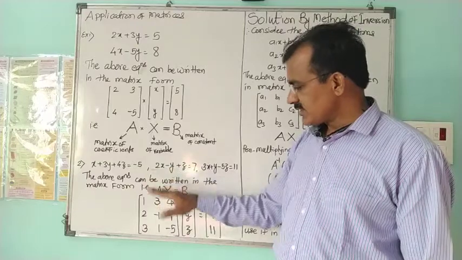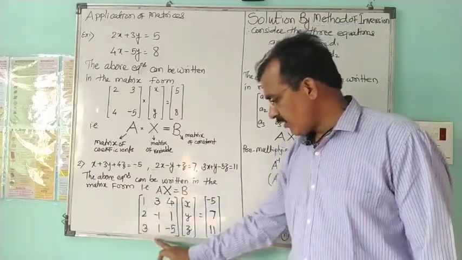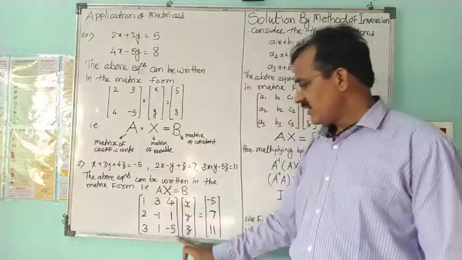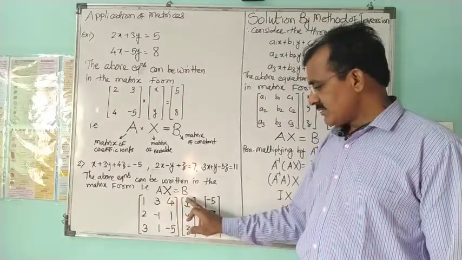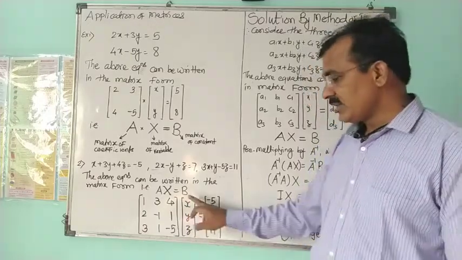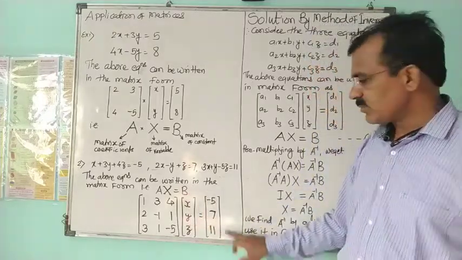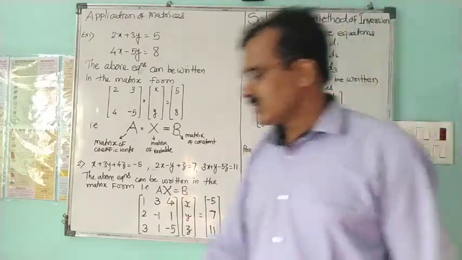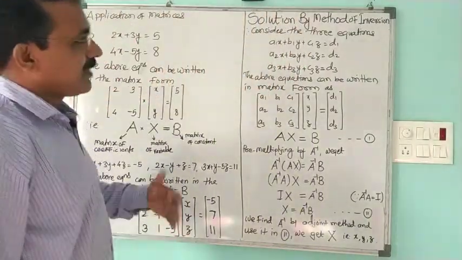So these three equations are written in the matrix form, where capital A is a matrix containing 9 elements, and it is called the matrix of coefficients. Capital X is a column matrix containing the unknowns which are to be evaluated, and capital B on the right hand side is a matrix of constants from the equations. Now if this idea is with us, then we can use the methods to solve equations using matrices.